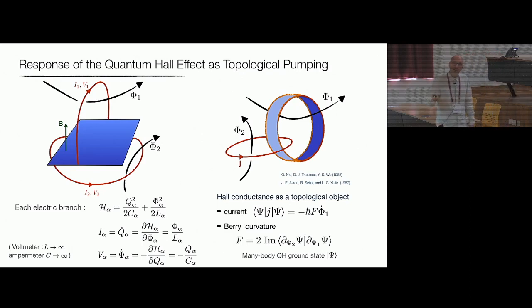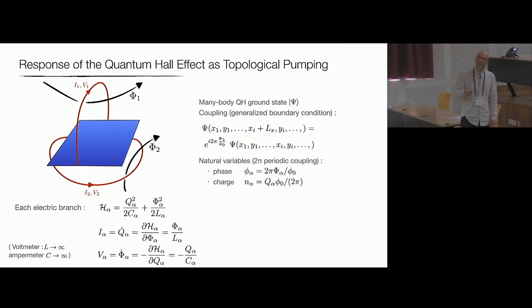So now I'm describing two electrical circuits as LC oscillators, and they are coupled through the quantum Hall system. So the fact that I'm going to get, at the end of the day, a Hall quantization, a transverse current, means I'm going to couple in a specific way these two harmonic oscillators, these two electrical circuits. How do I couple this electrical circuit to the quantum Hall system? Then I can account for the presence of these two fluxes by Aharonov-Bohm